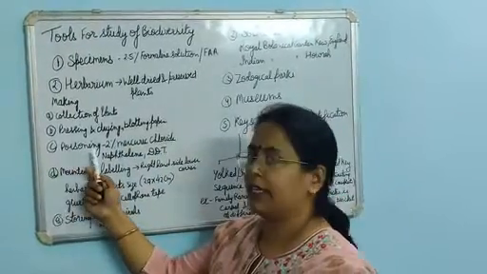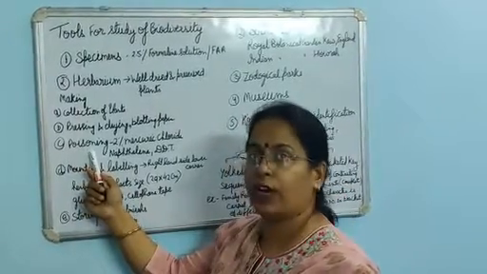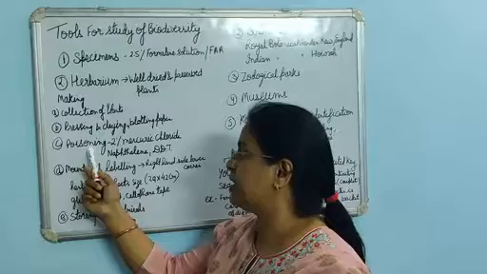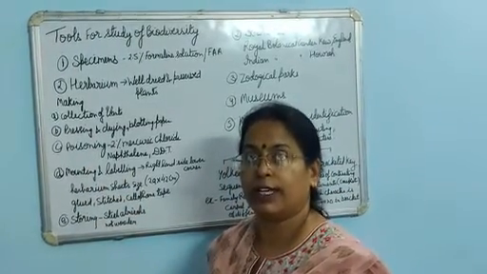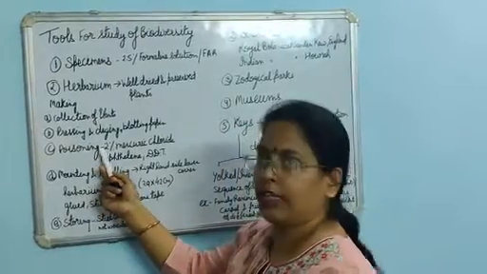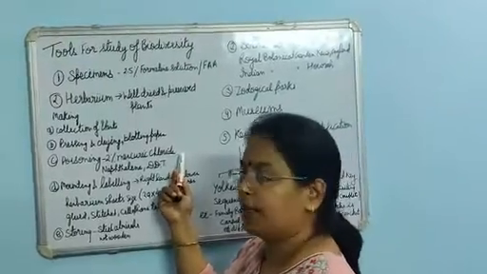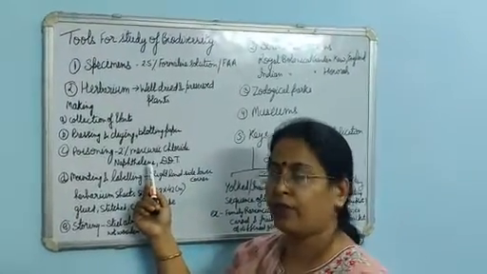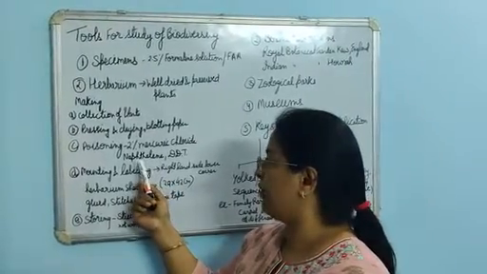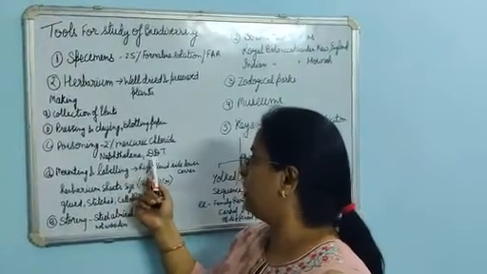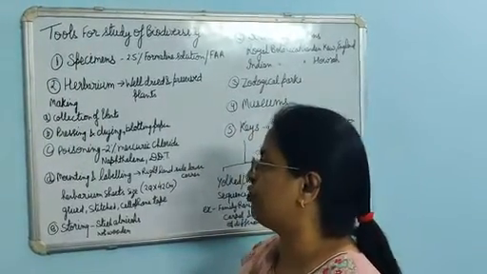The third step is poisoning. Because we are going to preserve these herbaria for a longer period of time, they should not be affected by insects, rodents or other animals. That's why we use poisoning. In most cases it is 2% mercuric chloride. Sometimes naphthalene balls, which you are familiar with, are also used to keep insects away from woolen cloth. Naphthalene or DDT, which is an insecticide, these types of chemicals we use for poisoning.